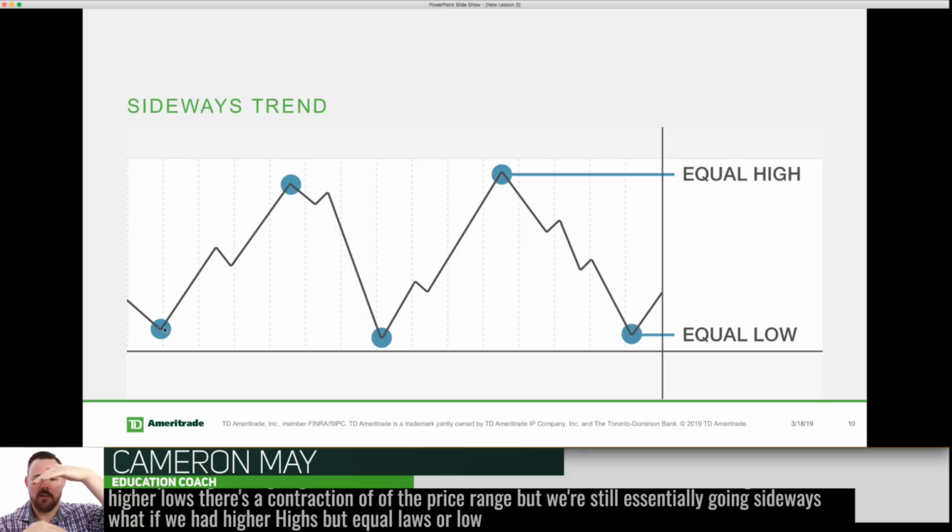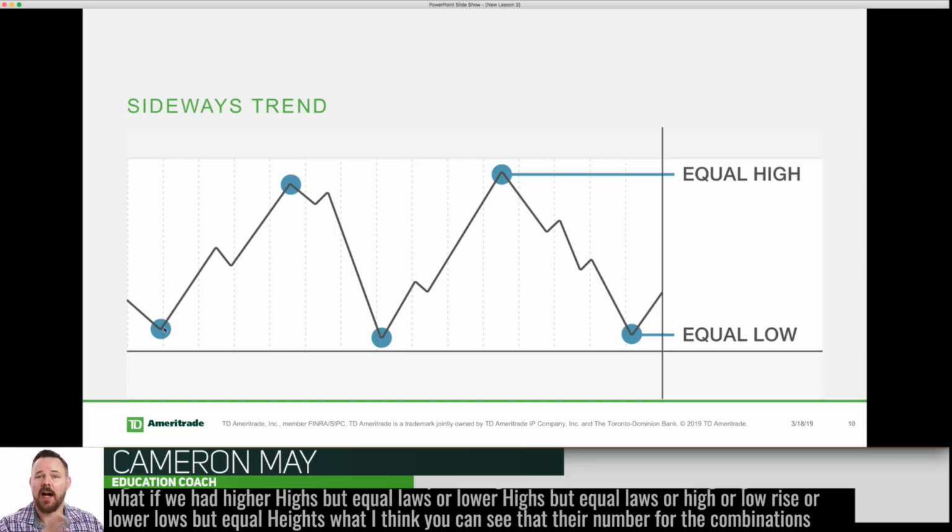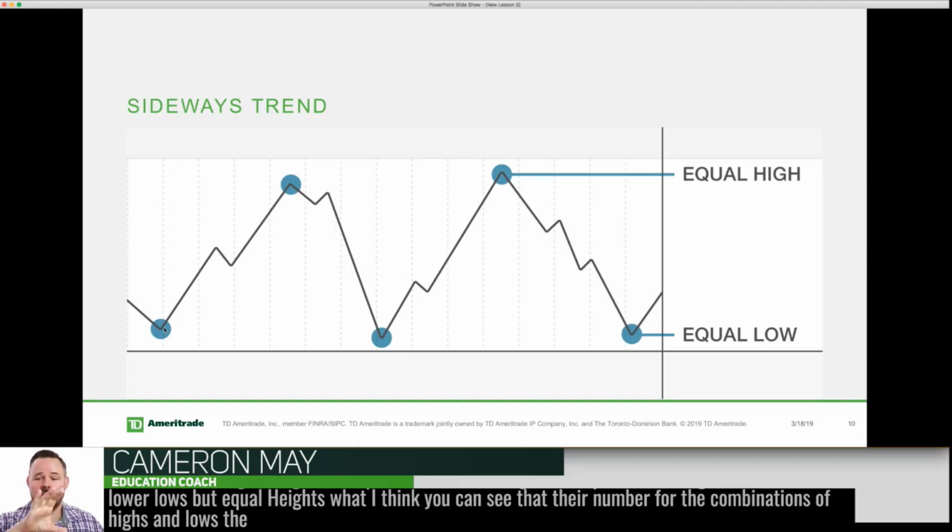Or lower highs but equal lows? Or higher lows but equal highs? Or lower lows but equal highs? Well, I think you can see that there are a number of other combinations of highs and lows, the net of which produce a sideways trend. So let's go see this in